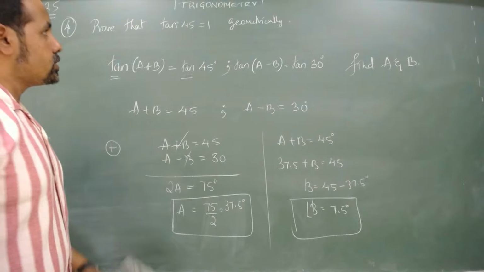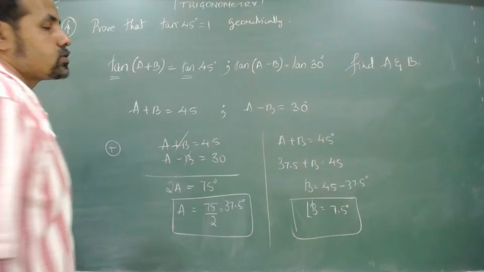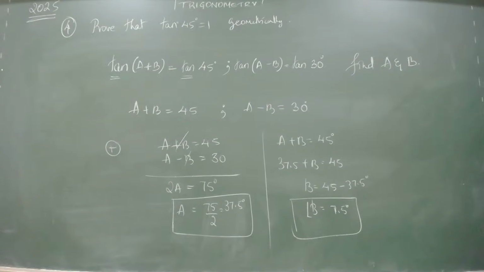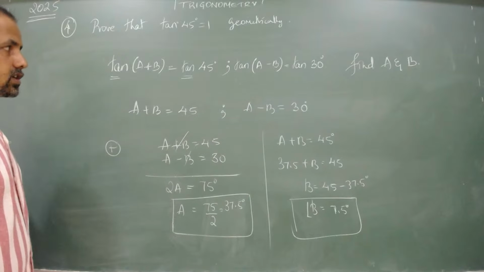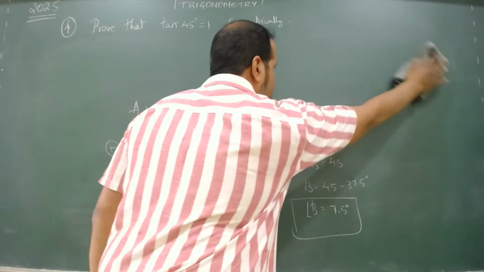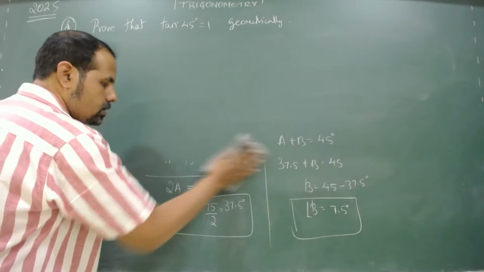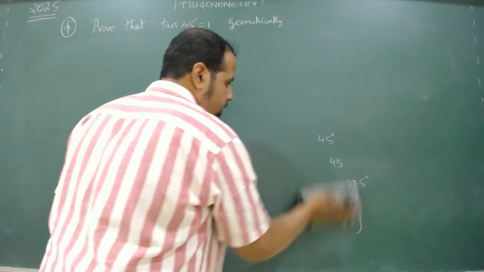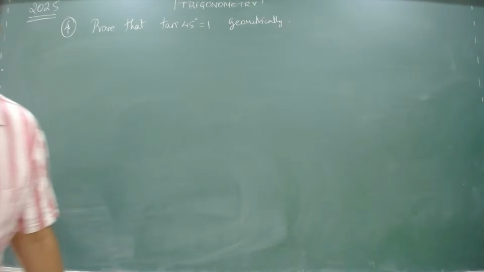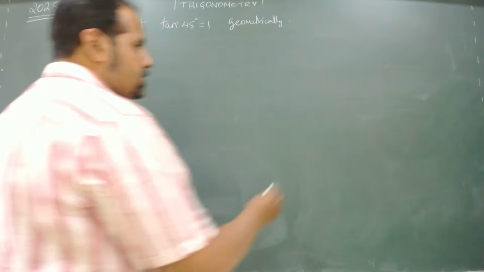Geometrically, we have to prove that tan 45 is 1. A 2-mark question from last year's paper. So, to prove that tan 45 is 1,